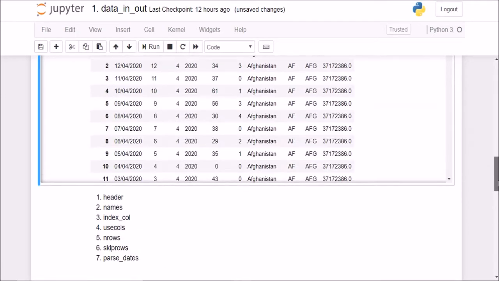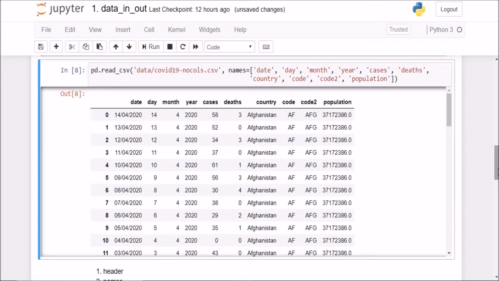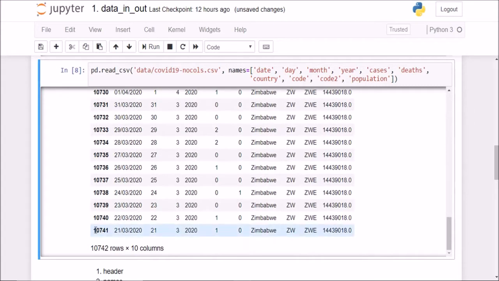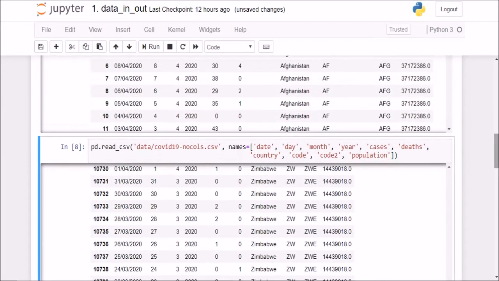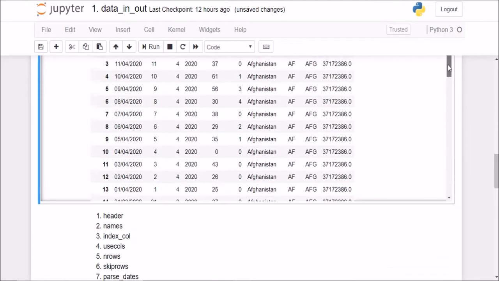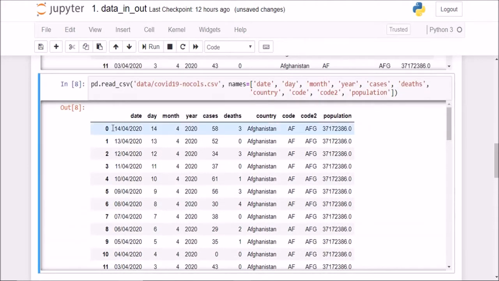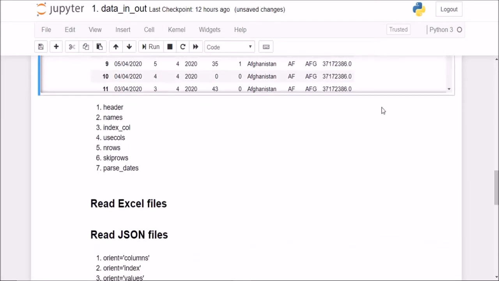Now the next parameter is index underscore col. Now since we have not told pandas what should be the index, it has automatically assigned 0, 1, 2, 3, 4 until 10,741 to be the index, right? But sometimes we might want the index to be the date column, so we can very easily do this by,